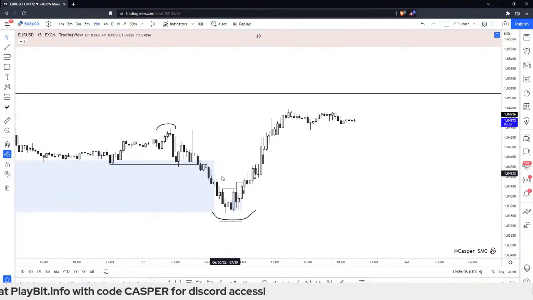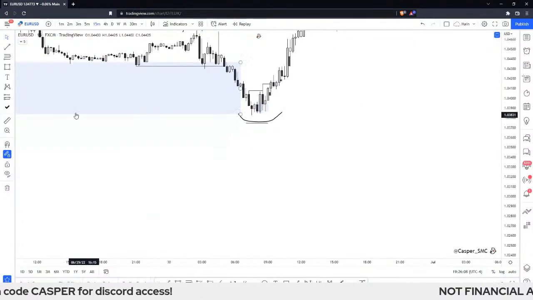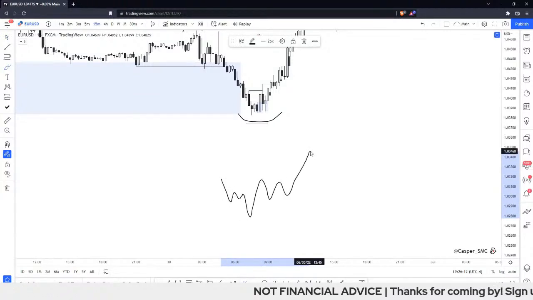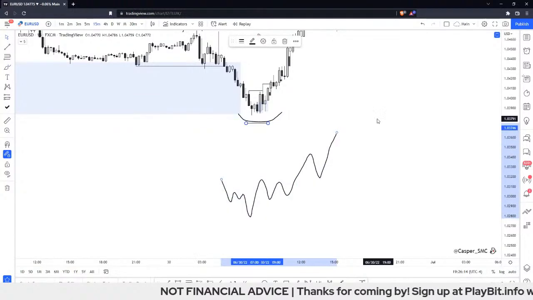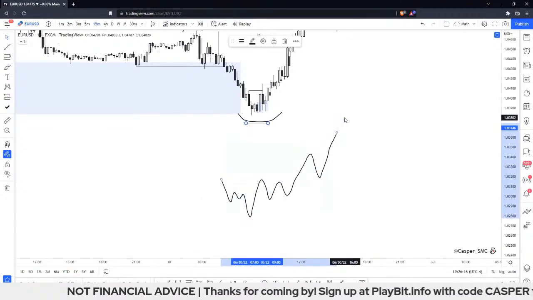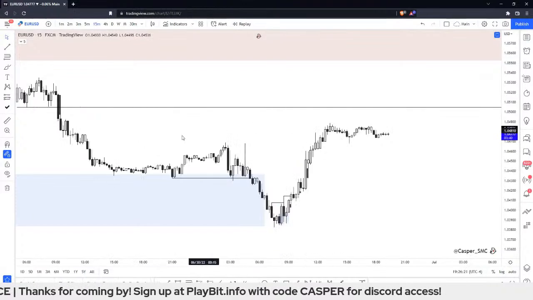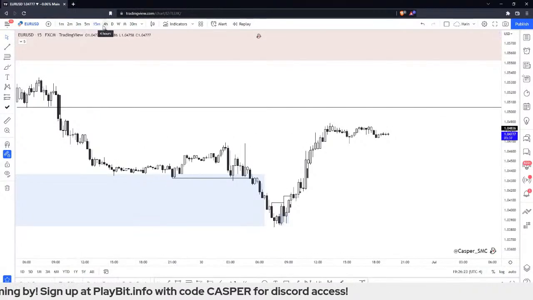And you can see this pattern. Say if I would have seen this pattern down here and price did the same exact thing, right? I wouldn't care because it's not in my higher time frame POI. It's not part of that higher time frame narrative anymore, so it means nothing to me. But since I did the homework and I got an open perspective of what I thought was going to happen,